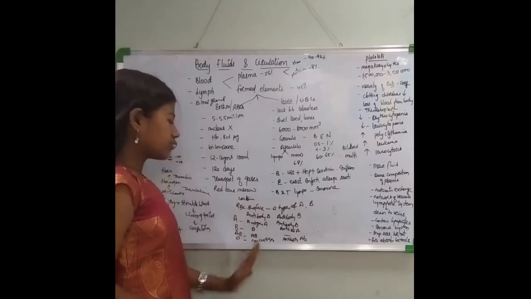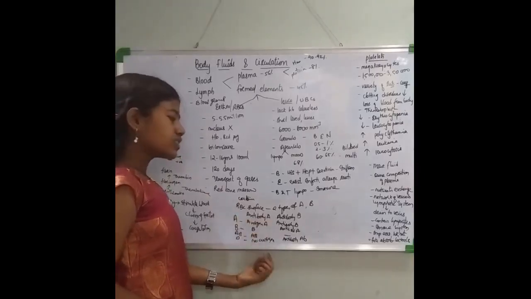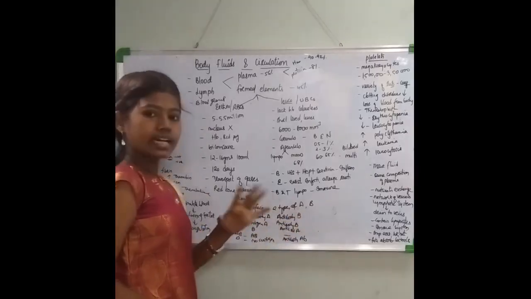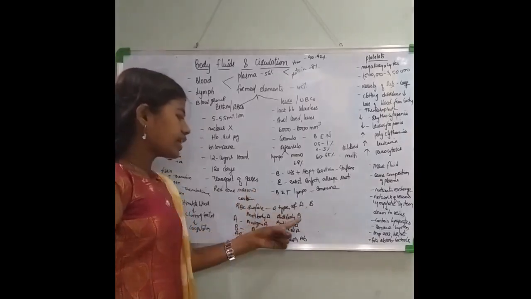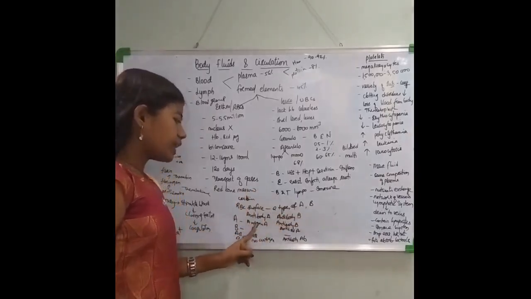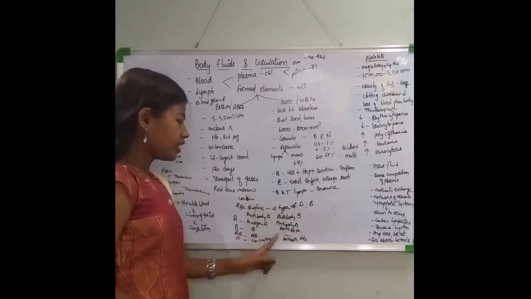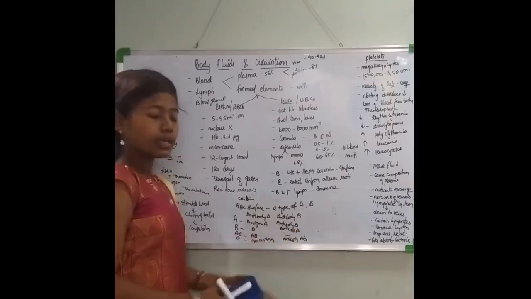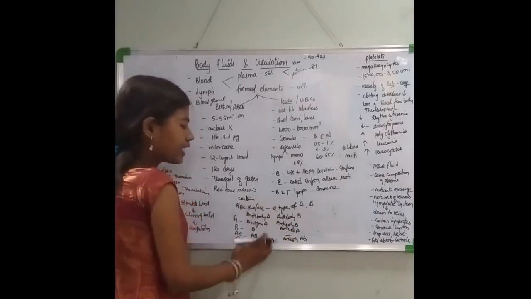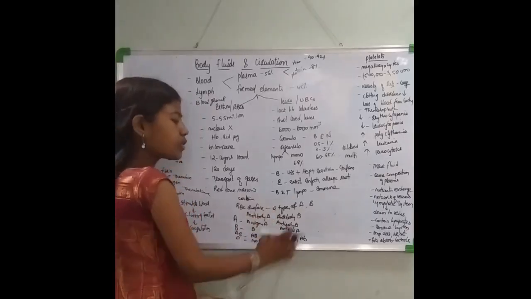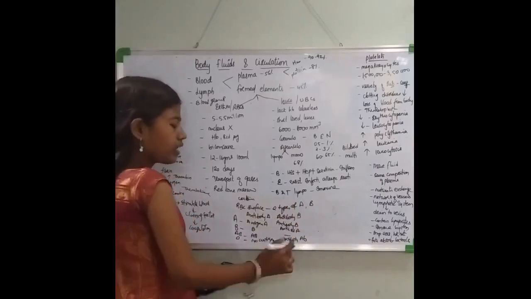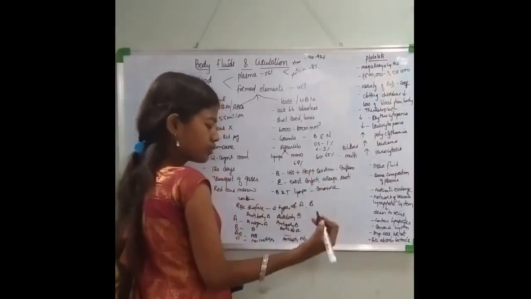So, once we are completed with the antigens, you go to the antibodies. Opposite antibodies you will find. Antigen A will have antibody B. Antigen B will have antibody A. AB antigen, no antibody. O, no antigens, here antibody A and B. Now, these antigens are present on the surface of the RBCs, whereas antibodies are present in the plasma.